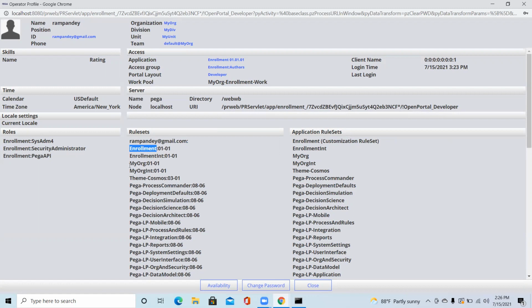If you see, Pega has created one application level rule set and one application level integration rule set. If anything is integration, like if we are using Connect SOAP, or if we are exposing any API to external systems, we can put it under this. Then it has created the same thing at the organization level. So these two are at the organization level, and these two are at the application level. We are not limited to these four. We can create our own and add them to the application at any time. I will do that right now.